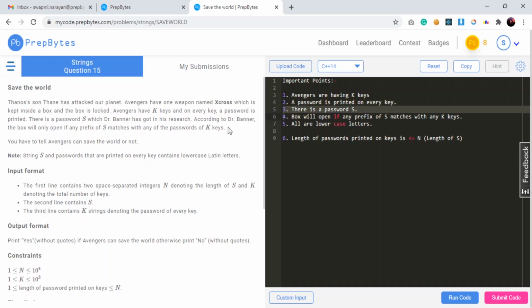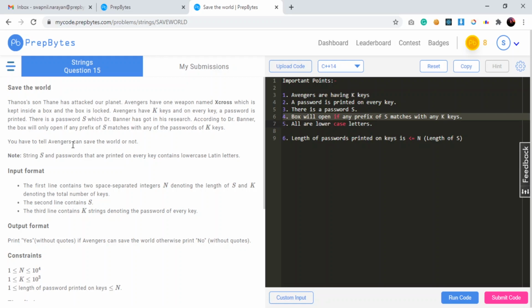According to Dr. Banner, the box will open if any prefix of S matches with any of the passwords of the given K keys. So we have a point to note: the box will open if any prefix of S matches with the given K keys.